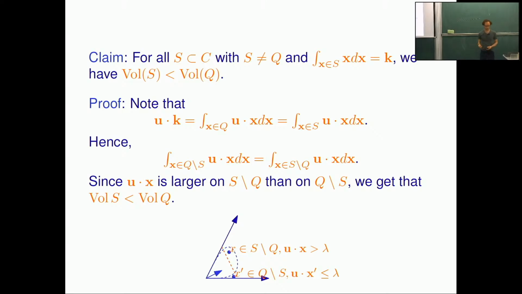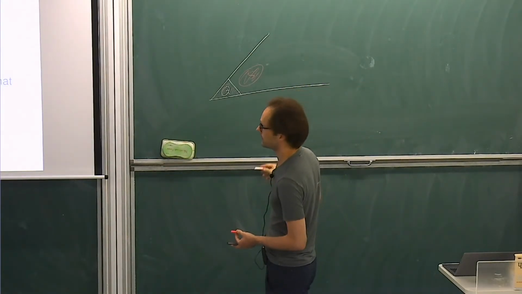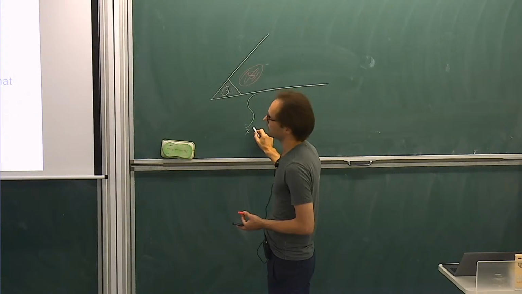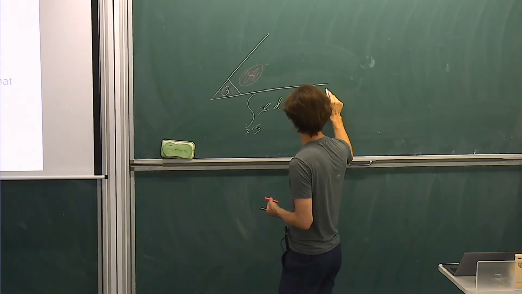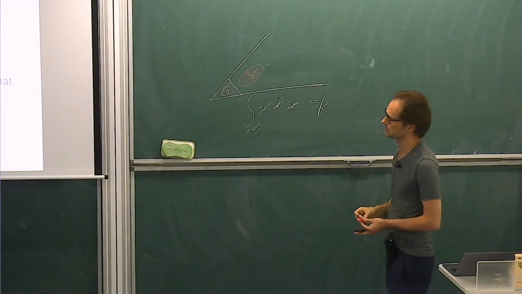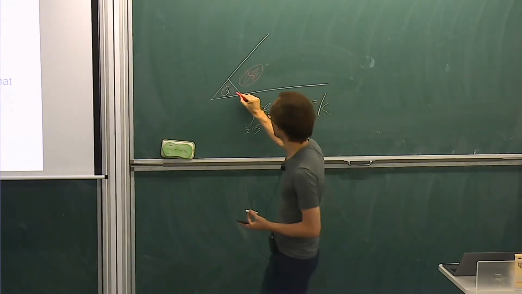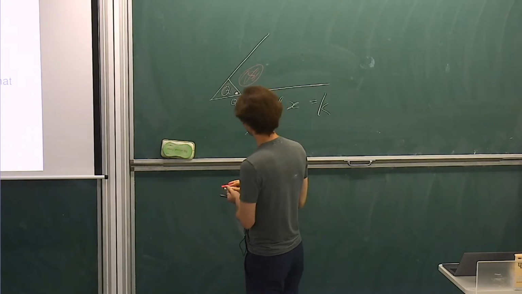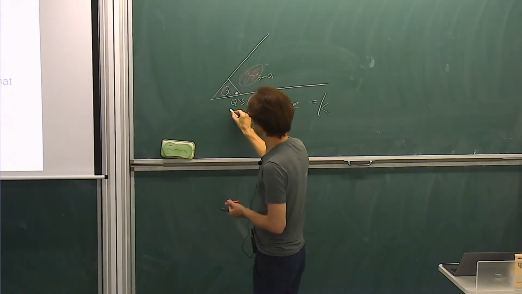And the idea here is pretty simple. Let's suppose that we have some set S that we want to compare, and suppose that the integration over S is also equal to K. Well, we know from the definition of Q that if we look at any point here in Q minus S and any point in S minus Q,